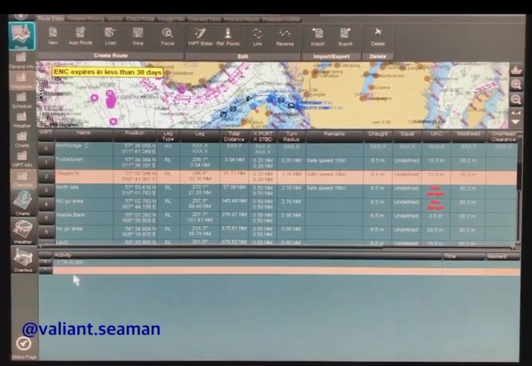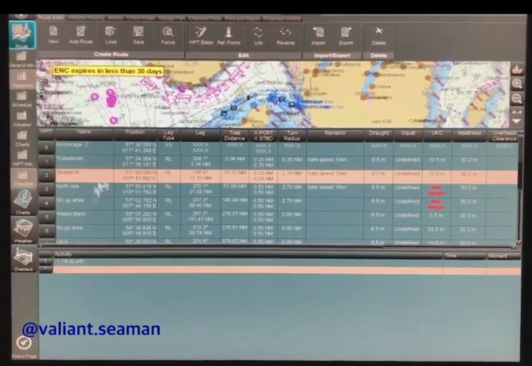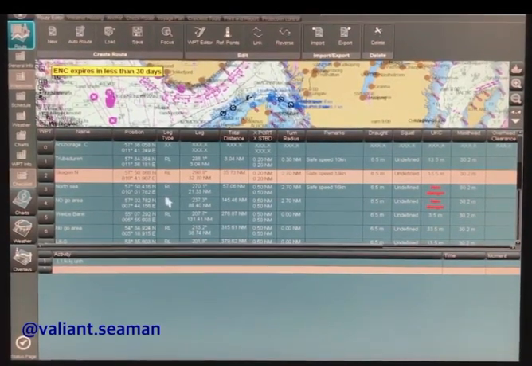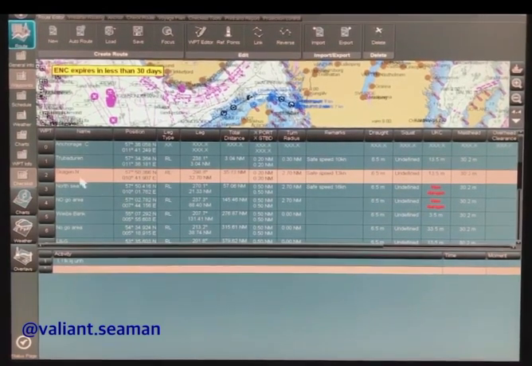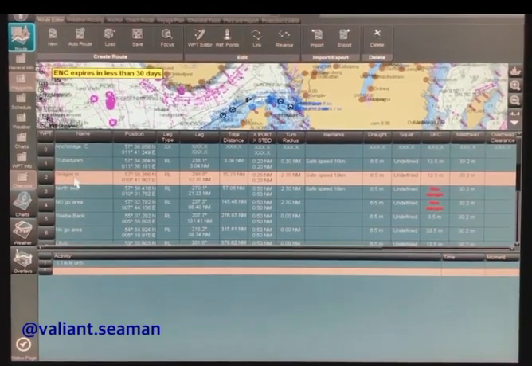And save it, then route. Don't forget. Now you have it right here. This will be automatically displayed on your screen. It will be shown tactically when the vessel gradually approaches this specific